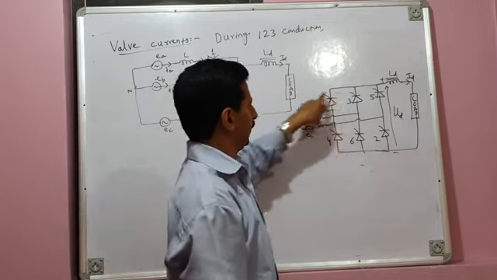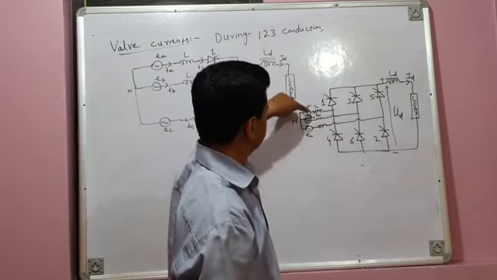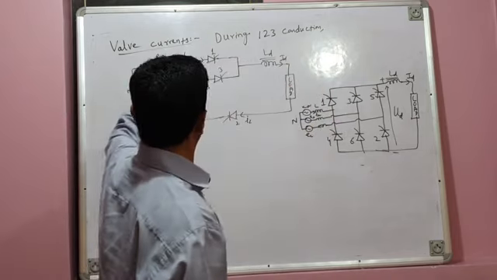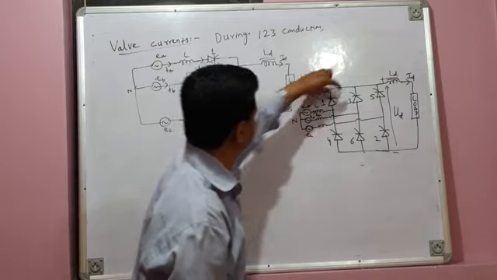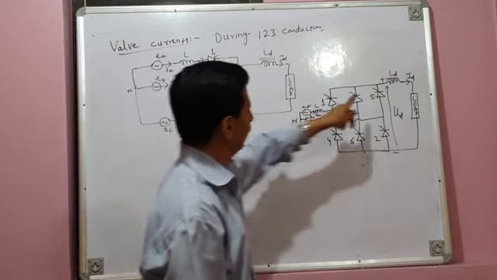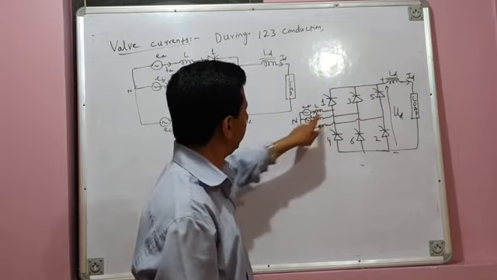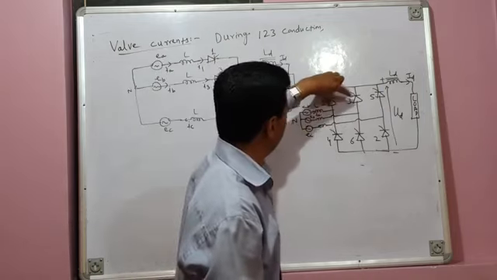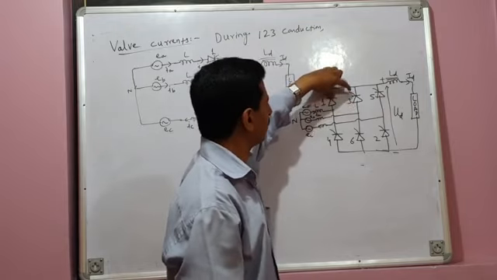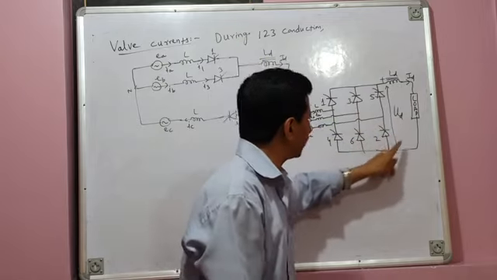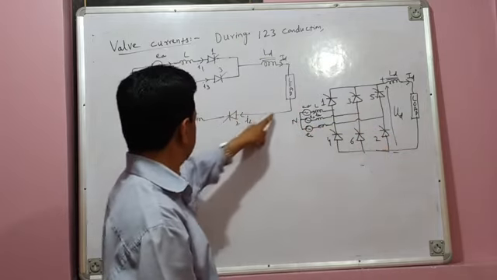1 and 3 in the upper group of valves are conducting. So this is EA with L and valve 1, and EB with L and valve 3, and they are in common cathode configuration. Then I1 plus I3 is equal to load current. So when these two valves are conducting, the sum of the two currents is equal to load current. So it's connected to load, and the return path is provided through valve 2.